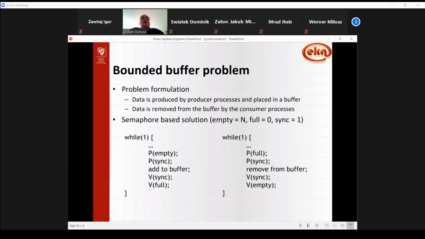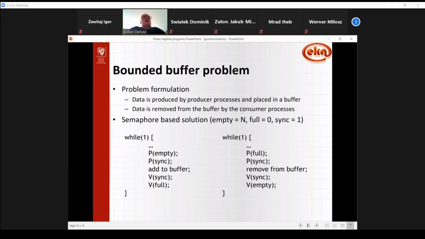If you think about it, it is something similar to pipelining, and actually synchronization mechanisms like semaphores are used to implement pipelining in a similar way to what I am talking about with the bounded buffer